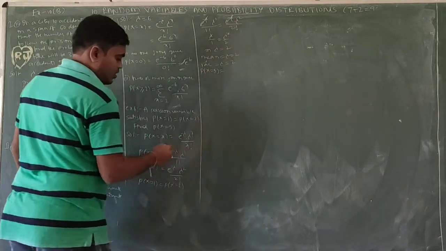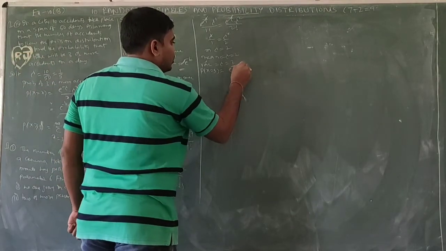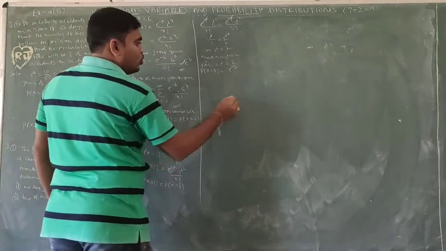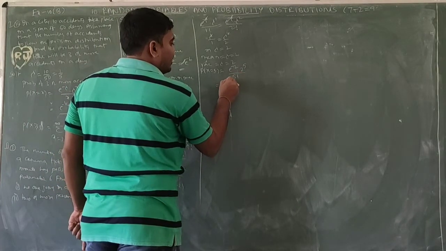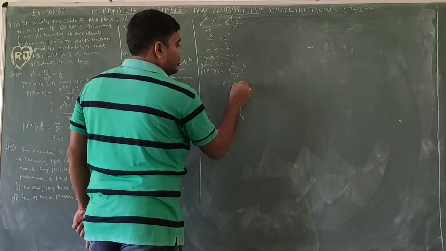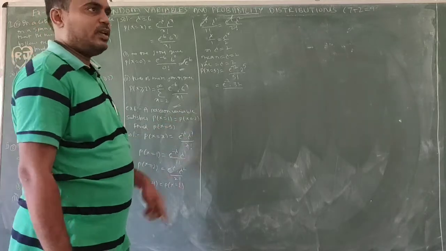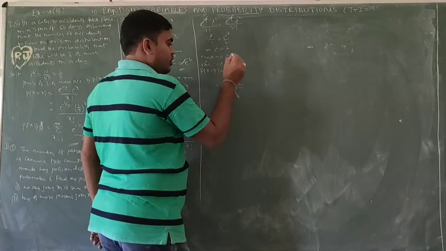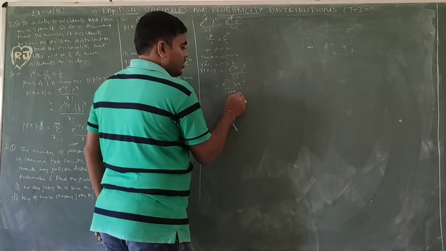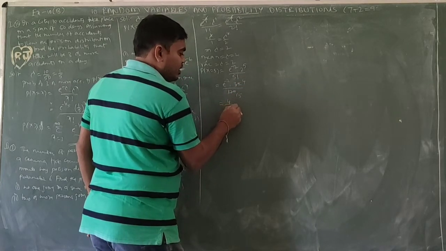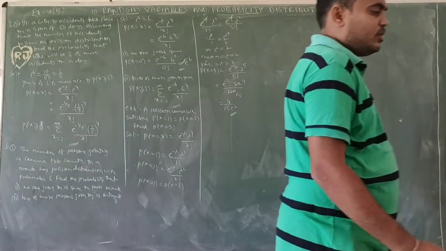What is this? x equal to 5, e power minus 2. Next, 2 power 5 by 5 factorial. e power minus 2 into 2 power 5, that is 32, by 5 factorial, which is 1 into 2 into 3 into 4 into 5, that is 120. So 8 into 4, 8 into 15, 4 by 15 is 12. This is the required result. Okay, now